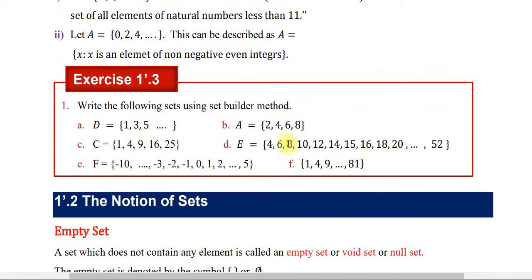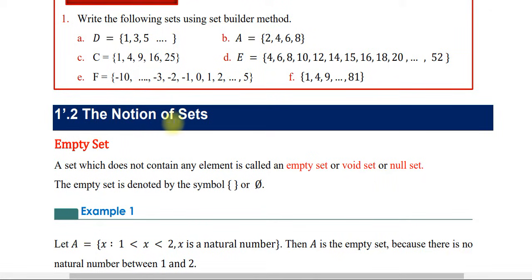ሶ ሌሎችንም በዚህ ነው መግለጽ የሚቻለው። ለምሳሌ 1 4 9 16 25 እንደምታዩት የስኩዌር ቁጥር ነው። አንድን ስኩዌር ስታደርጉት 1 ነው። ሁለትን ስኩዌር ስታደርጉት 4 ነው። 3 ስኩዌር ሲሆን 9፣ 4 ስኩዌር ሲሆን 16፣ 5 ስኩዌር ሲሆን 25 ይመጣል። ስለዚህ x such that x square but x is between 1 and 5 ማለት እችላለሁ ማለት ነው፣ በአንድና በአምስት መካከል። ሶ ሌሎችንም በዛ አይነት መንገድ መግለጽ ትችላላችሁ ማለት ነው። በጣም ቀላል ኮንሰፕት ነው ይሄ።